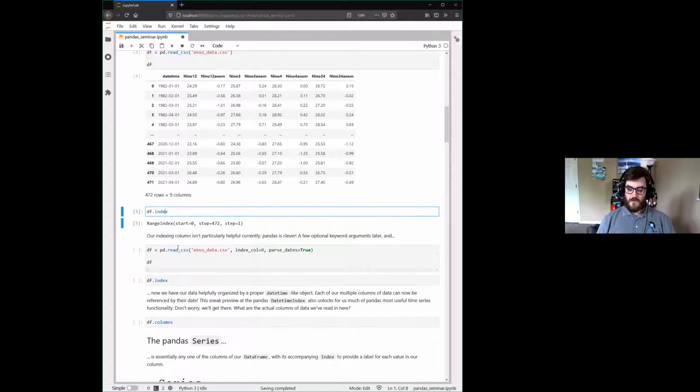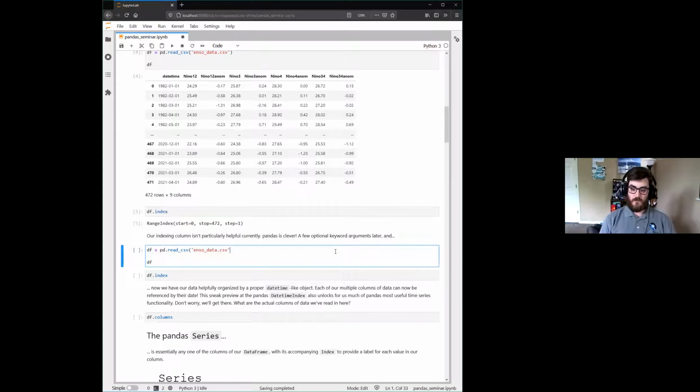So if you were using this in your workflow and you wanted to assign some sort of index that you've created elsewhere, maybe as a NumPy array or as a list of labels, however you might be organizing it, you can assign this index to be whatever you want it to be, whatever you create. But Pandas is, unsurprisingly, kind of smart. So if we go back up to our read CSV,